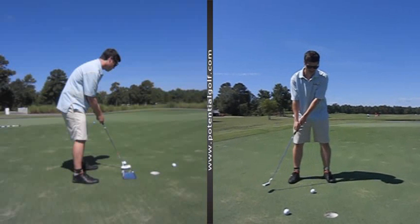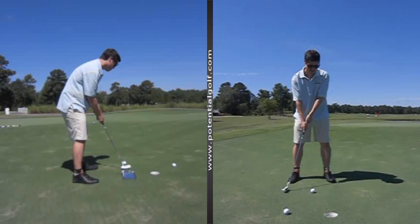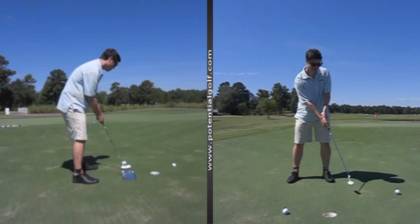So if you just watch your putter, it was basically swinging about the same back and through there, wasn't it? Maybe a little longer on the follow through, but